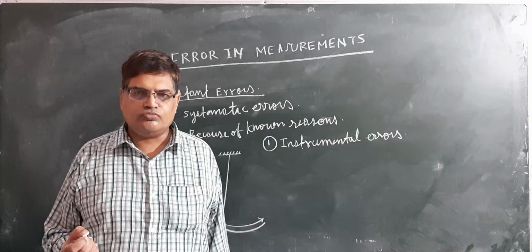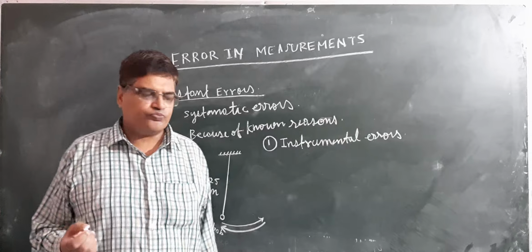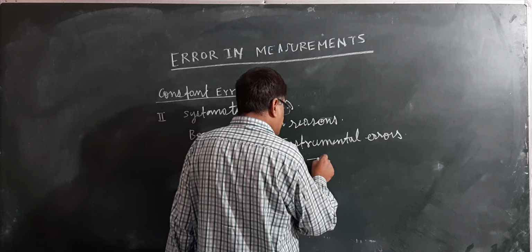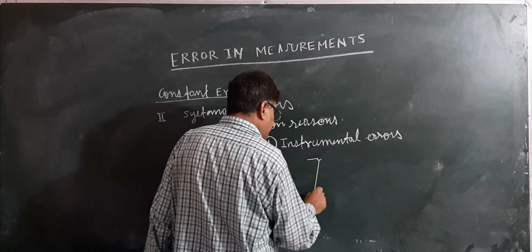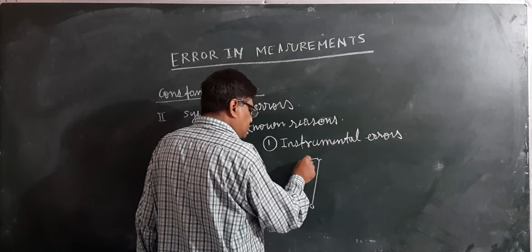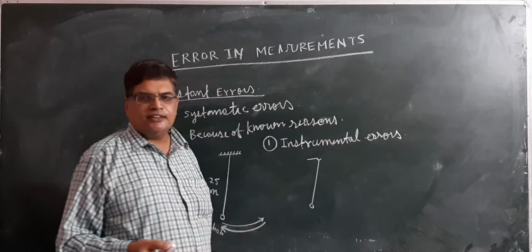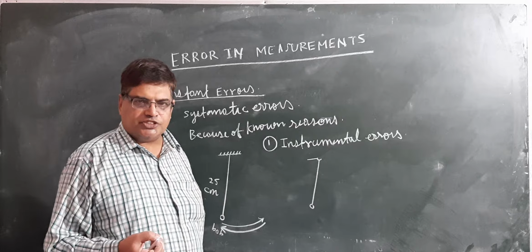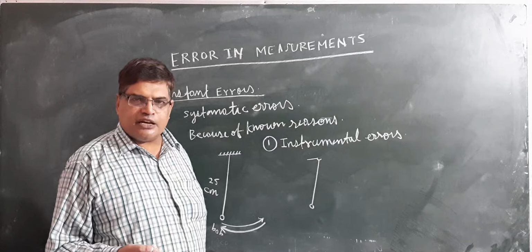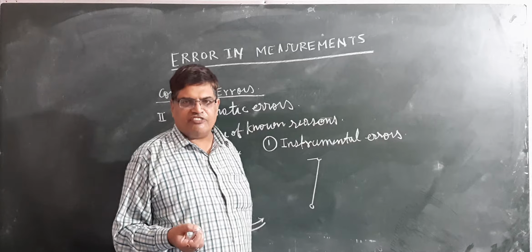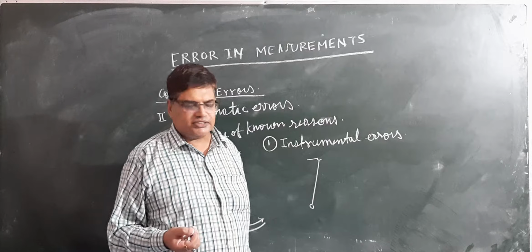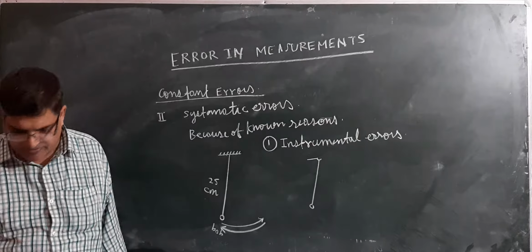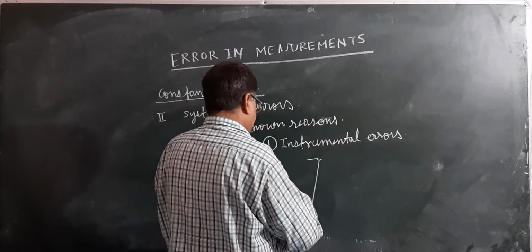Suppose you are using a simple pendulum. Suppose there is a simple pendulum. This is tied to a stand like this. Suppose this is shaking. In that case, it is quite possible that the time period of oscillation of the bob may change. And I can give many more examples where there is defect in the instrument itself, because of which the error occurs. So we have seen what are instrumental errors, and next is personal errors.